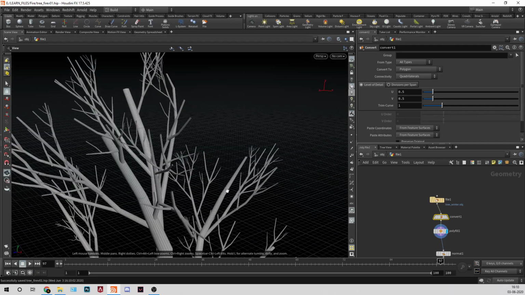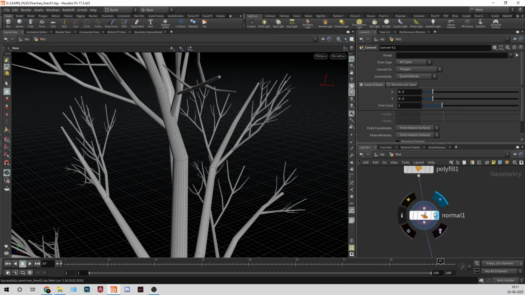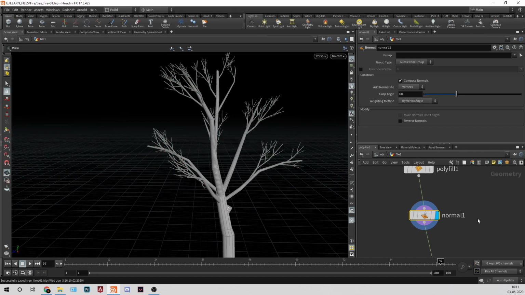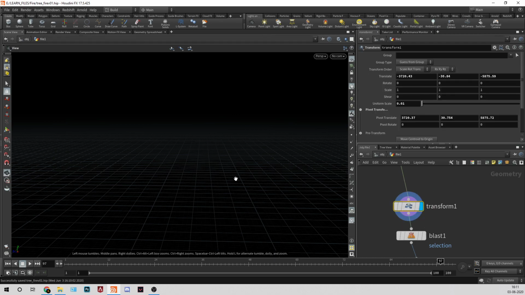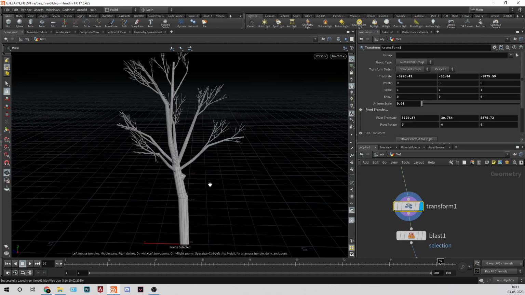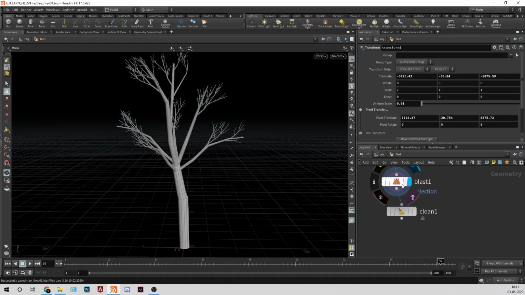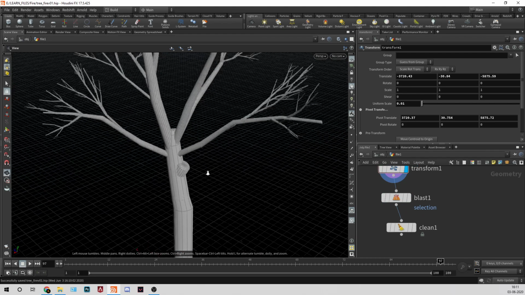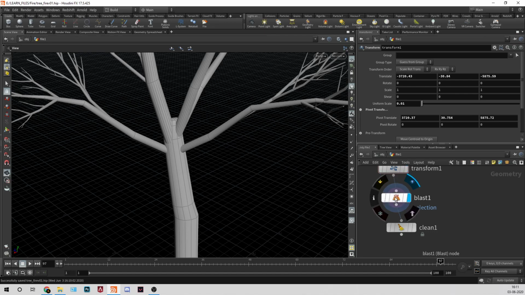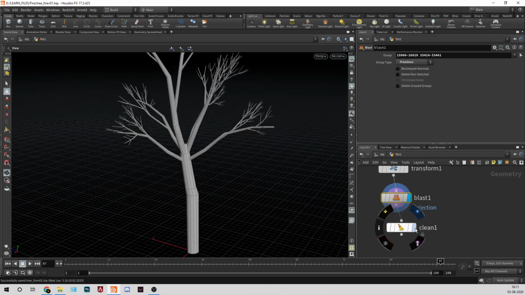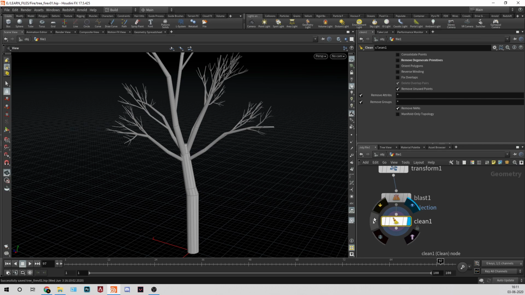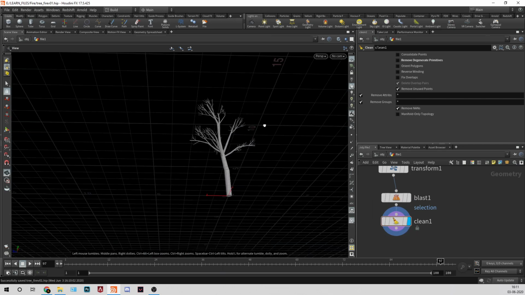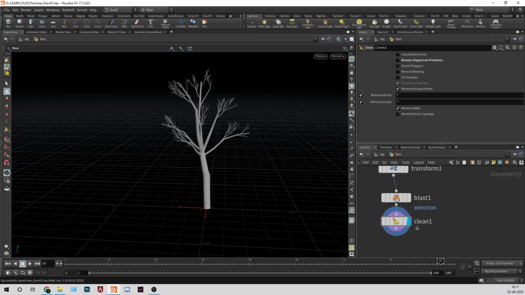After that I created normals for this. As you can see, we have some normals, and then I transformed it back and scaled it down. Then I blasted this, I deleted that one, and I cleaned all the attributes. So I have a clean mesh with points, and there is no attribute, it is completely filled.